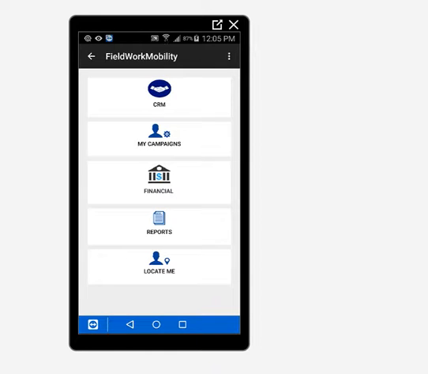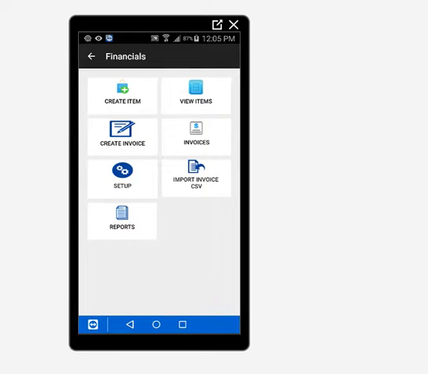To Fieldwork Mobility. In this video, I'll explain how the financial module of the Fieldwork Mobility app works. So click Financial, and to start with, you have to create a profile, and for that just go and click